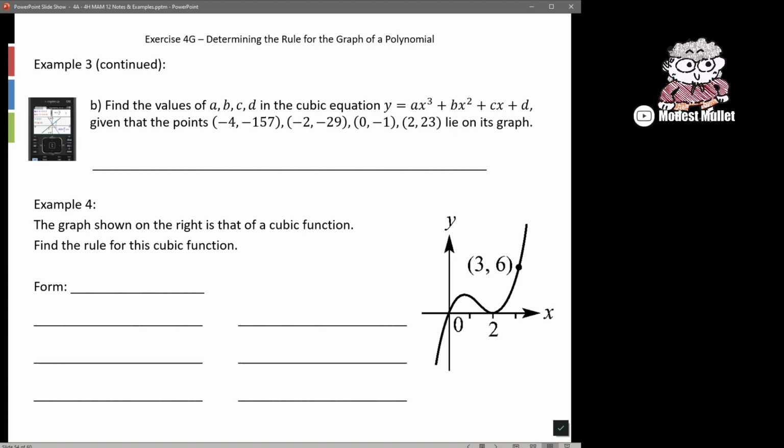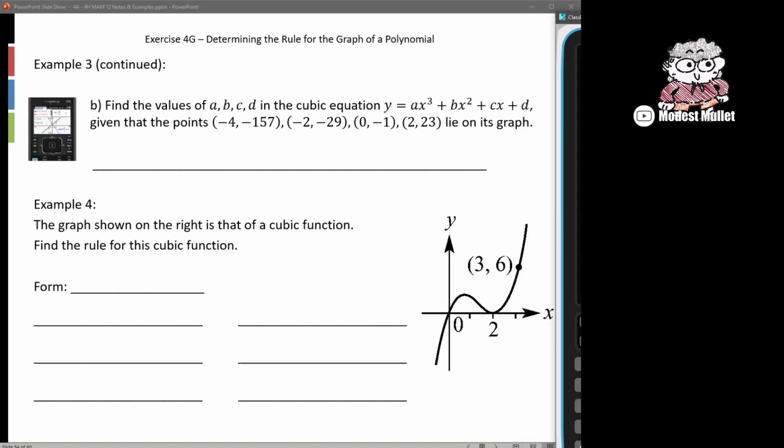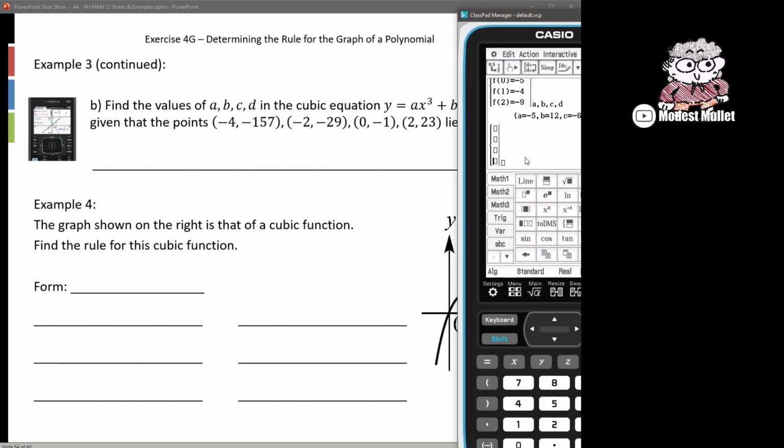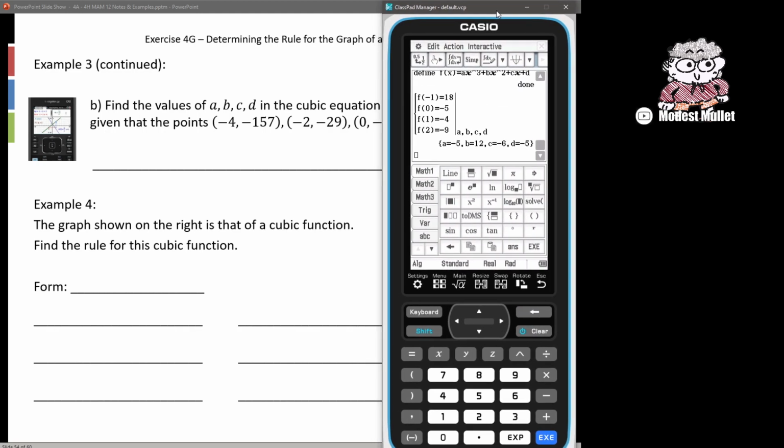So let's have a go. Find the values of a, b, c, and d in the cubic equation, given that those points lie on it. So come back to the CAS. I'll do it on the CAS to show you. We want to define f of x is equal to ax to the 3 plus